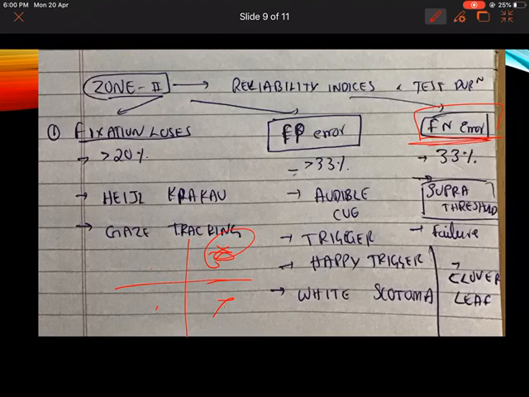If the patient is not detecting a previously detected area, even when a slightly more intense supra threshold light is given, even then the patient is not detecting. Such an error is known as false negative error, where the patient should have triggered but is not triggering. If the percentage increases beyond 33%, the test is said to be unreliable. Understood? It is a failure of the patient's response to the second stimulus. So our supra threshold stimulus will cause a false negative error.